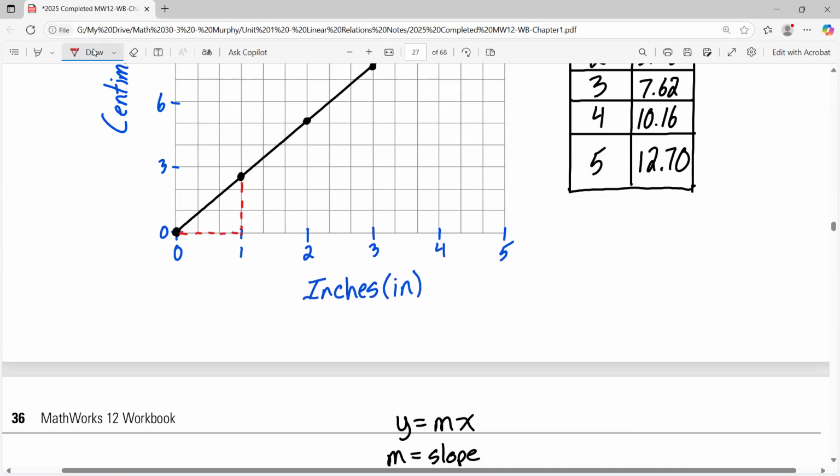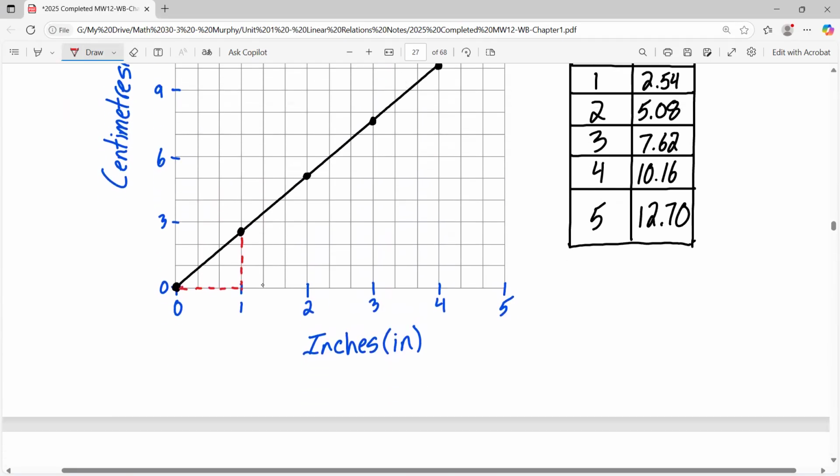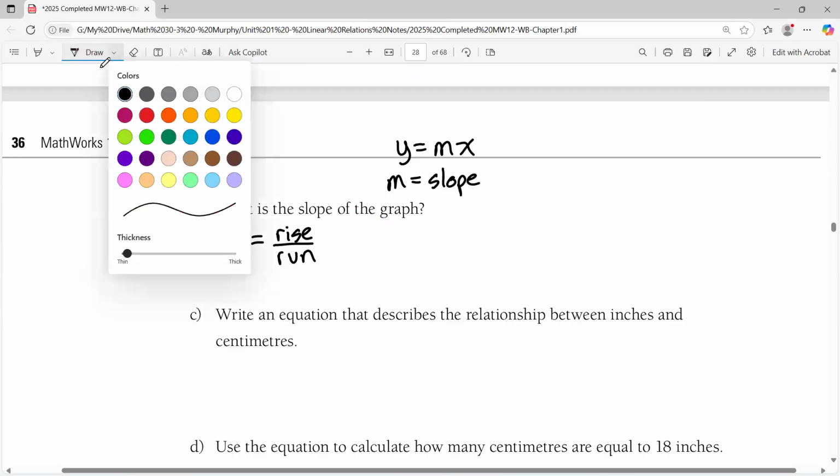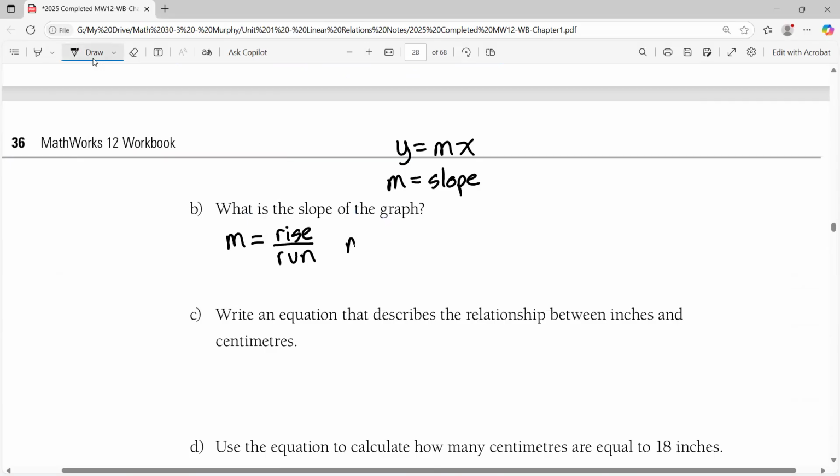Okay, so our rise is 2.54 and our run is 1. And again, you can use any size of triangle to figure that out. So we're going to have m equals 2.54 divided by 1, and you're going to probably figure out quite quickly that the slope is 2.54